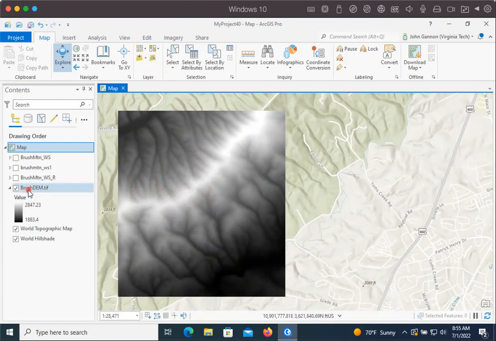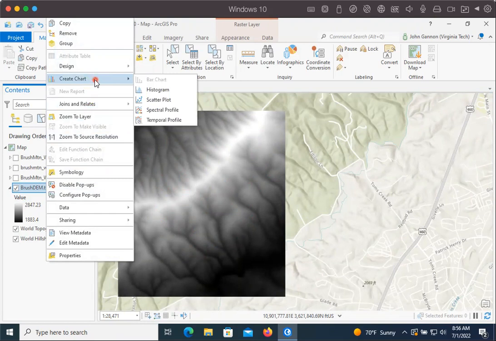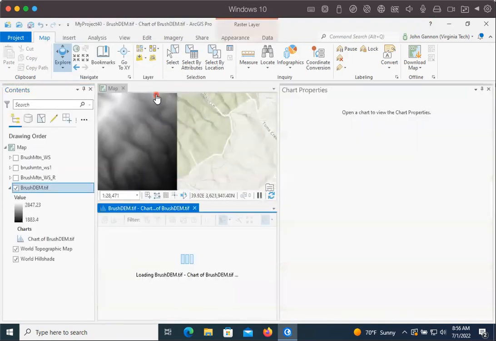So basically, you're just going to go over to your content panel, find the DEM that you want to look at. In our case, we can uncheck and recheck and see that this is the one we want. Right click on that. And up here, we have create chart. There's a number of different charts you can create. In our case, we want a histogram. So if we click histogram,